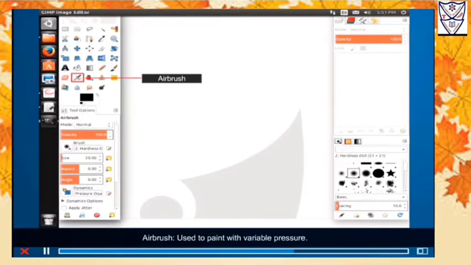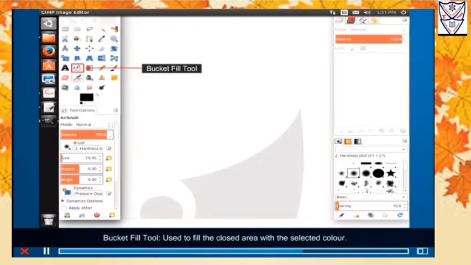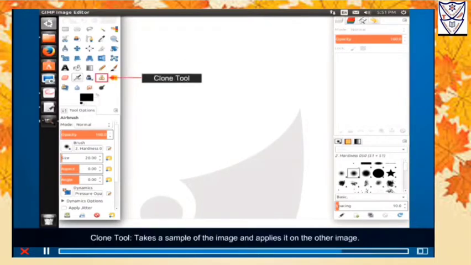Airbrush used to paint with variable pressure. Bucket fill tool used to fill the closed area with the selected color. Paintbrush. This tool is used to paint soft or hard brush strokes. The size of a brush is adjustable.